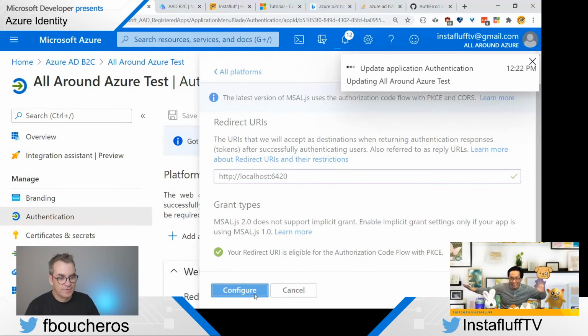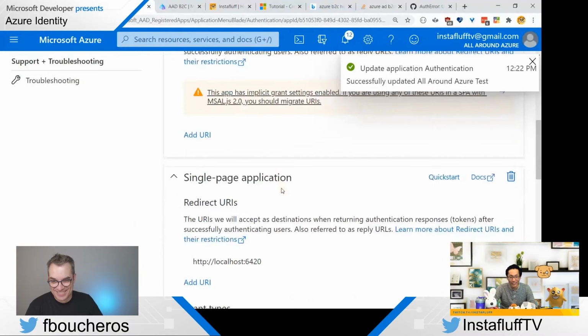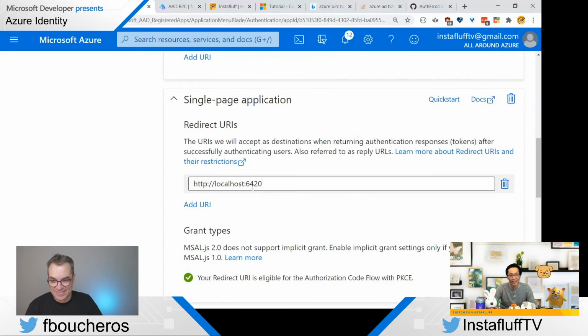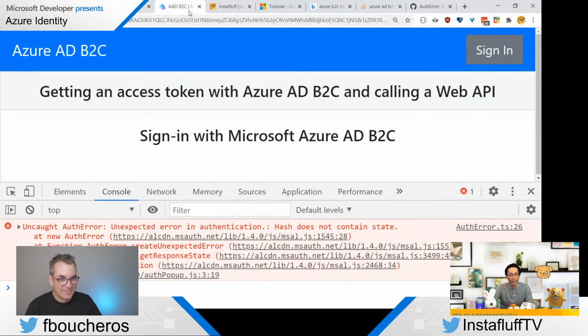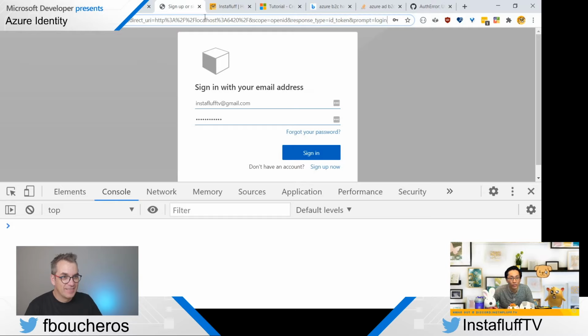All right. And then it's got single page application redirect URIs. So now, if I go back and sign in again, does it have a redirect and redirect URIs in there? Default nonce, all this other stuff in there. There's a lot of stuff. Wow, there's a ton of things. ID.